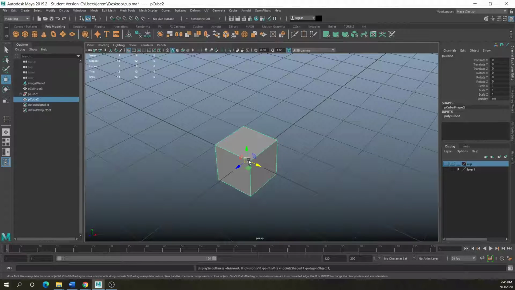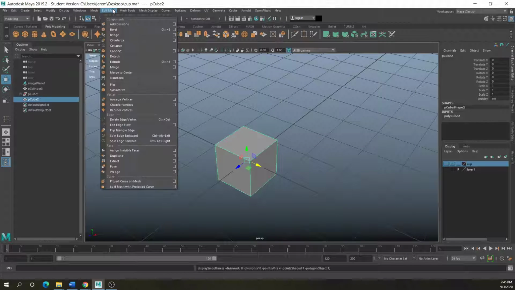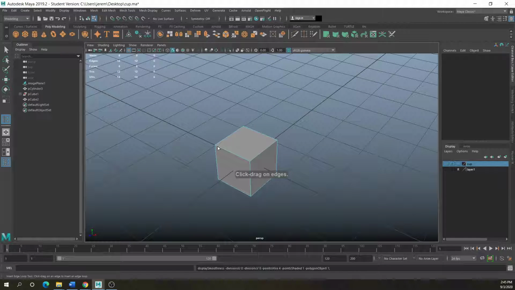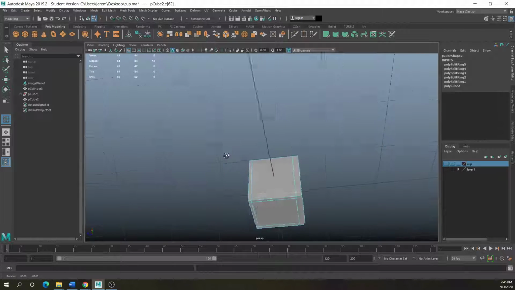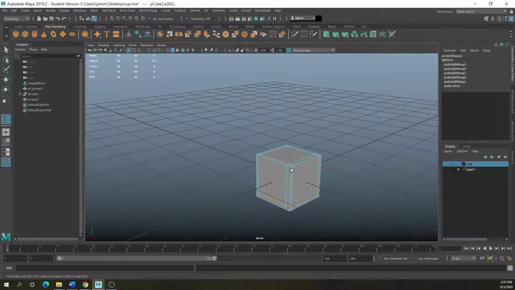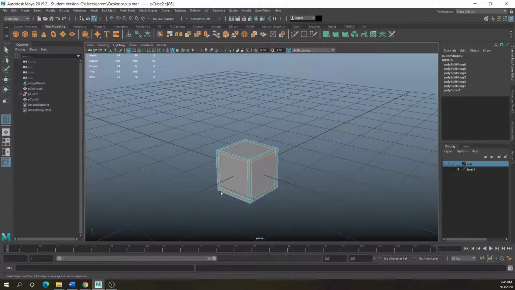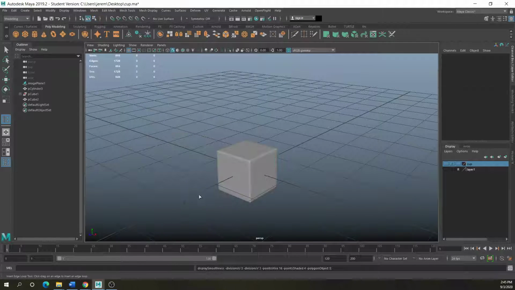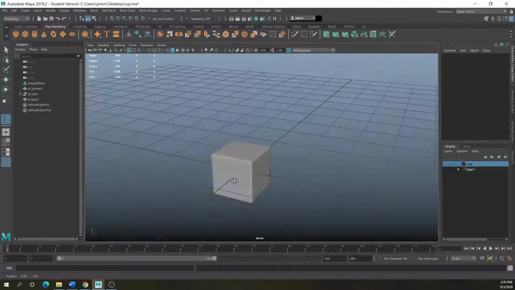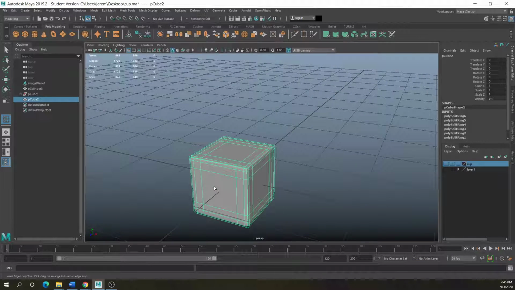But if you just wanted these edges to be smoothed out and not create a bunch of divisions in there, you could use the insert edge loop tool here. Now if you smooth it over, it's just another way of creating divisions in there.